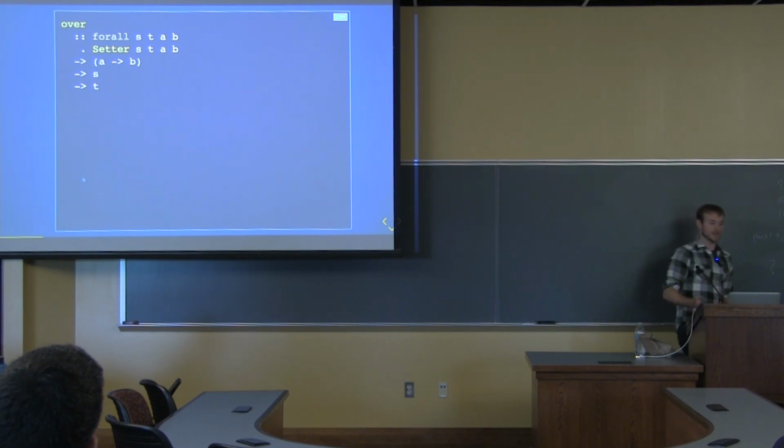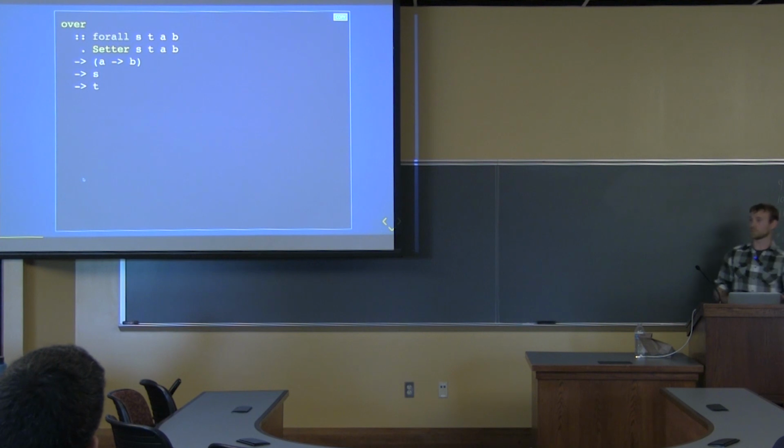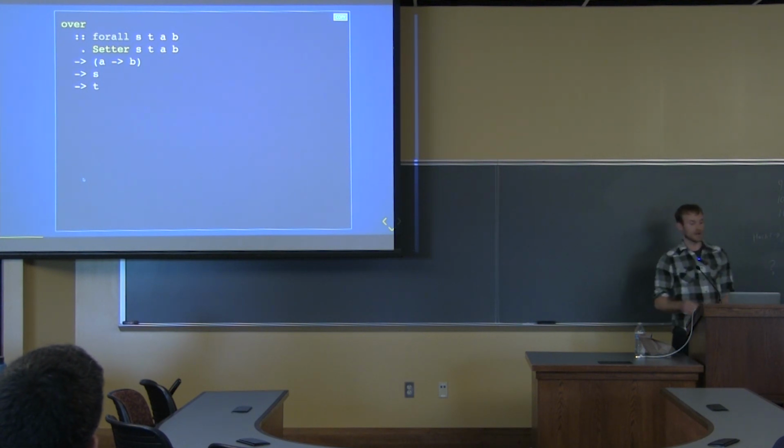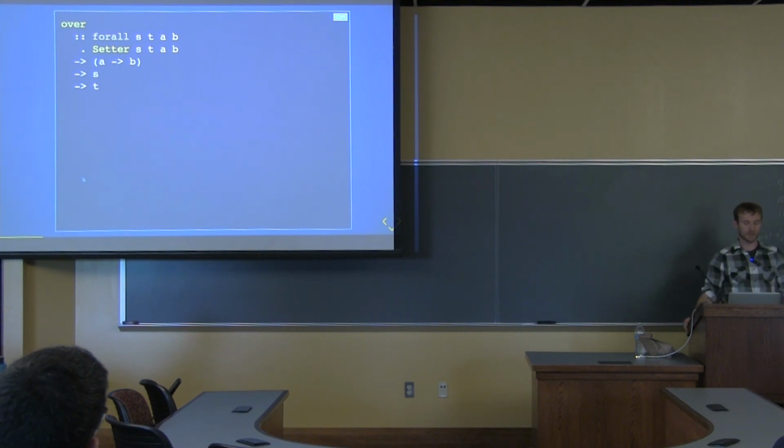So it doesn't have to be. I could just pass in +1 as my function, and it would just add 1 to it. But over is general enough that you can actually change the type of the thing that you're working on. So well, this doesn't really tell us a whole lot. So let's see, what is